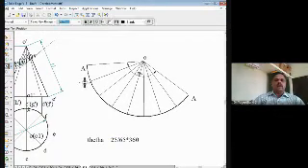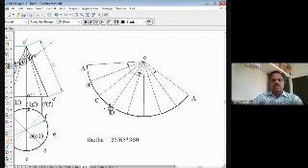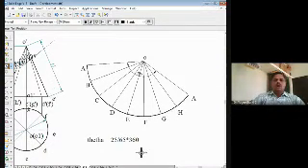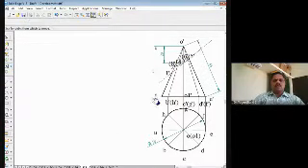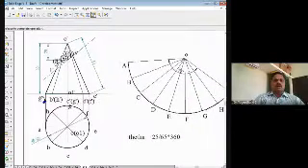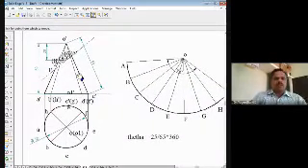So I'll mark those points here. This is the point B, this is the point C, this point I'll call D, and this point I'll call E. Like that, the various points I'm getting here. This is F, this is the point G, this is the point H now, right? So along these lines, now I have to mark the points A, B, C, D, that is 1, 2, 3, 4, etc.